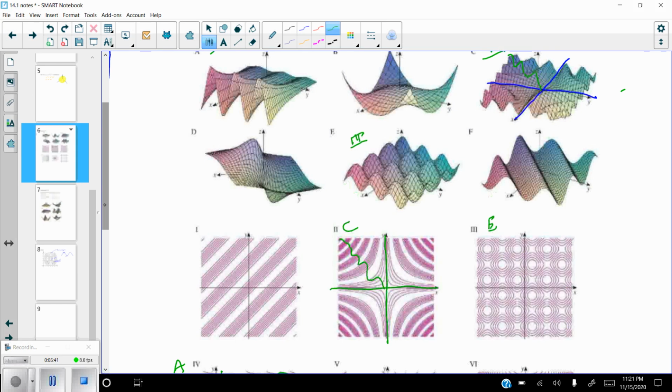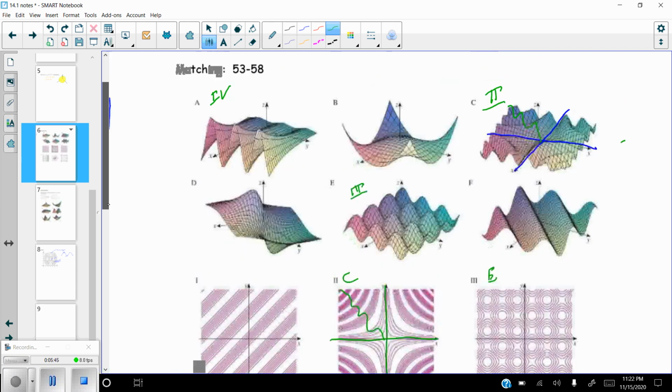What do we got? B, D, and F left. So I don't know. Let's look at B. So B looks like it starts up at the origin, then it starts to come down to the x-axis, and then it actually goes below the x-axis, and it does the exact same thing, it looks like, in the direction